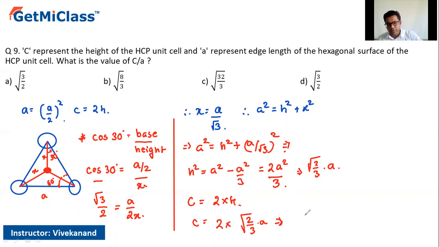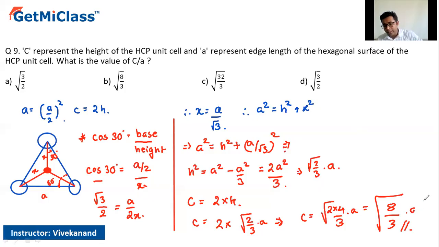So c is equal to under the root of 2 into 4 divided by 3 into A, of course. So the final step: c by A is under root of 8 by 3. So therefore the option is